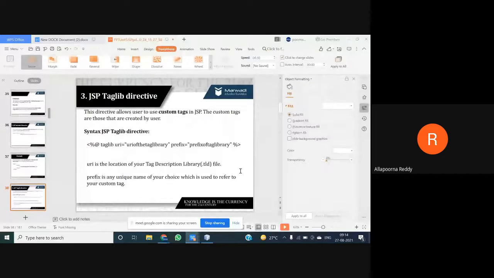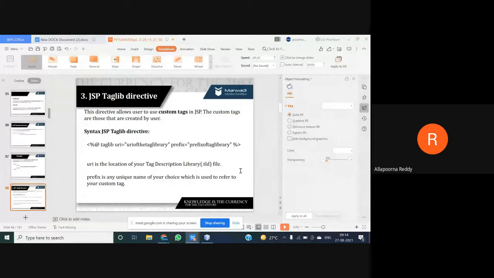The next, third and final directive is the JSP tag library directive. What is the third one? JSP tag library directive. It is one more additional thing in my JSP. Previously you were using directives and predefined tags.